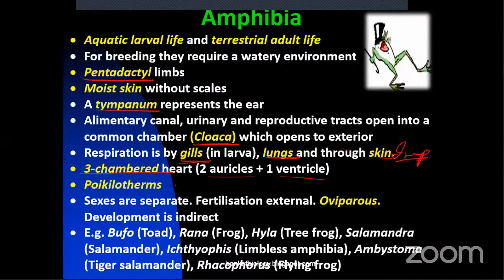Then poikilotherms. That means their body temperature will change according to the external temperature. Then the sexes are separate and fertilization is external. Remember, fertilization is external in water. Then they are oviparous. Remember this. What is oviparous? They lay eggs. Development is indirect. That means they have a larval stage. And take down all the examples, students. First,